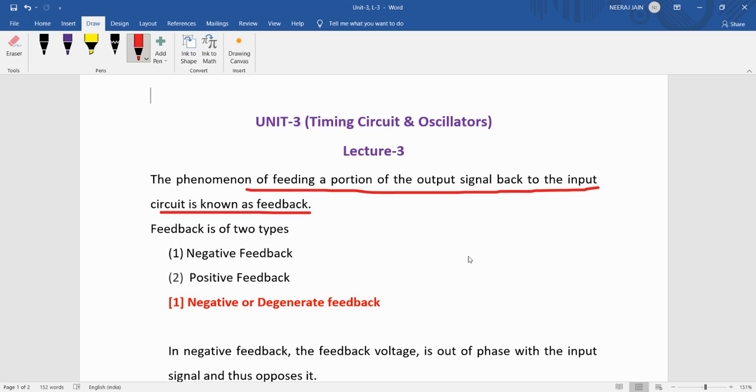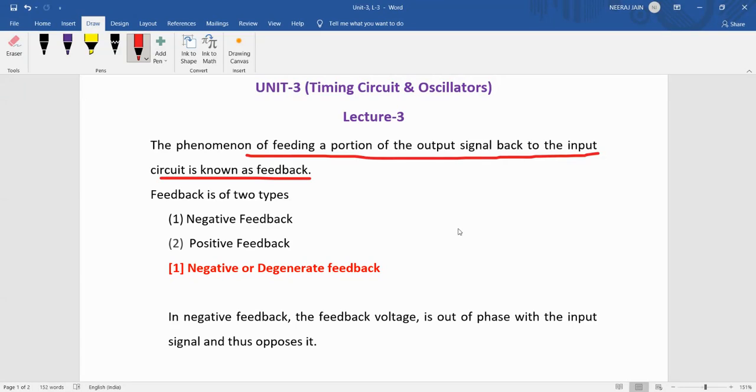अगर हम आउटपुट को वापस से इनपुट में दे देते हैं तो ये हमारा फीडबैक कहलाता है. Because we know that there are several drawbacks of the open loop system, especially in the op amp. When we are using it, it has a very high gain and there will be saturation or cutoff voltage at the output. So to cope with these types of disadvantages of open loop, we use negative feedback in the amplifiers.